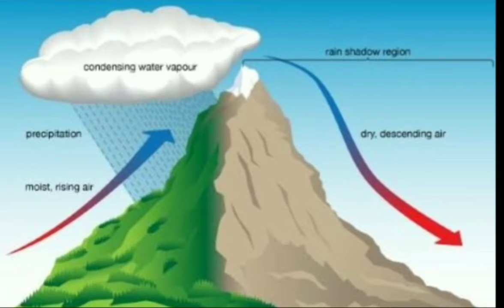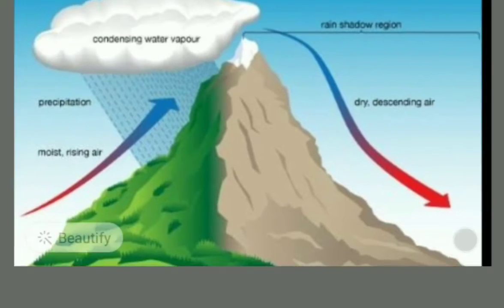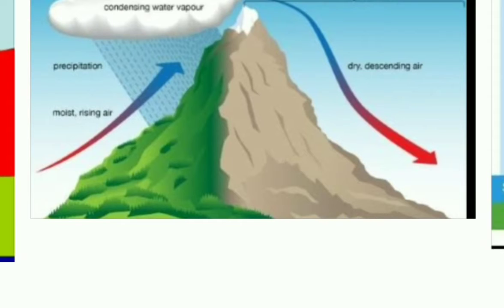This type of rainfall always occurs in mountain areas. You can see this green shadow area, where rainfall always occurs, and on the other side this area which always seems to be dry. Why is this happening in mountain areas? Mainly because a mountain can be categorized into two different sides. One is known as the windward side, and the other is the leeward side.